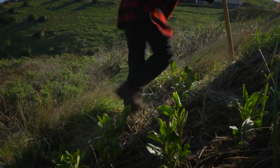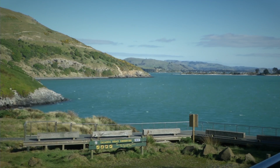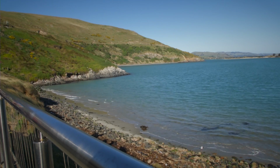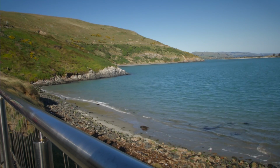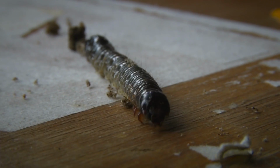But it's not just the planting of native bushes that help to successfully restore Pilots Beach. So, Pilots Beach, huh? How do you restore that? You know, it depends on what you want it to become. And I suppose you want it to become as good as it used to be before people were there. Well, you'll have to get rid of rodents and things like that, but you also, I feel, have to look